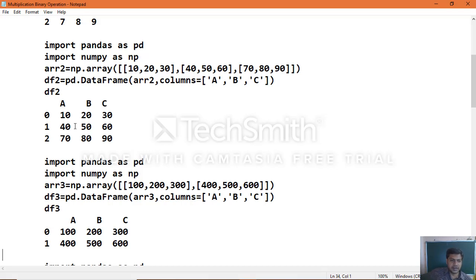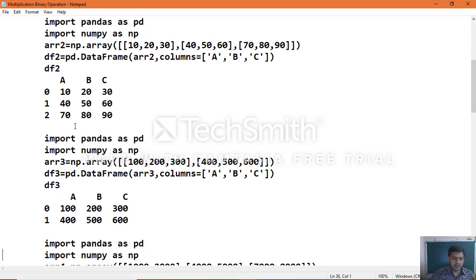Here we create this data frame object with 2 rows and 3 columns: df3 equals pd dot data frame of array object 3 comma columns abc as usual. Earlier, the two data frame objects df1 and df2 had 3 rows and 3 columns, and object 3 which we create here has 2 rows and 3 columns.